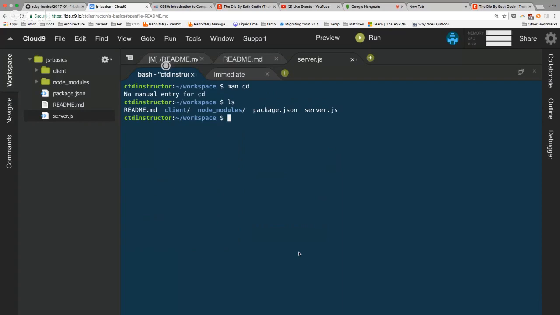cd, though, just stands for change directory. And the way it works is, if you were in the graphical user interface, you change the directory by clicking on the other directory that you want to go into. But in the terminal, you have to know where you're at and know where you're trying to go to change directories. So right now we're in this workspace, it looks like. It calls it JS Basics over here, but the workspace folder, and we can see that there's a client folder inside of there. So if you type cd client,